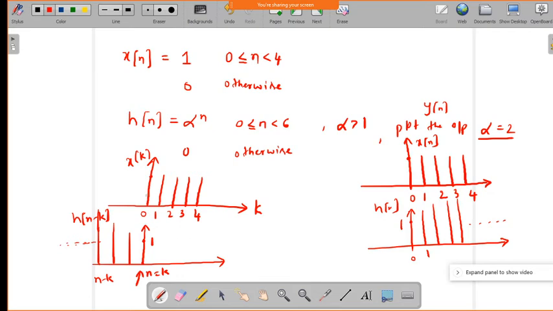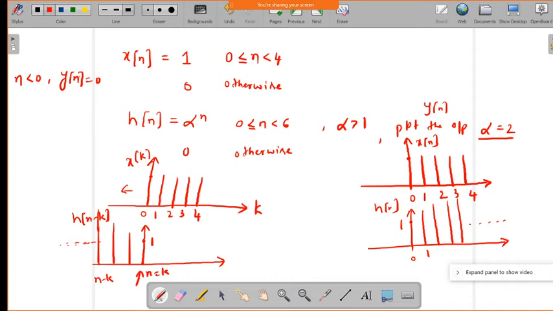Okay, you need to find out what the overlap region is when the index is less than 0, greater than 4, and in between. Okay, so that is the overlapping region. You need to find it out for the proper values of index. So now you can see whenever n is less than 0, that is this side, what will happen? Your output will be 0. Okay, your y of n will be equal to 0.